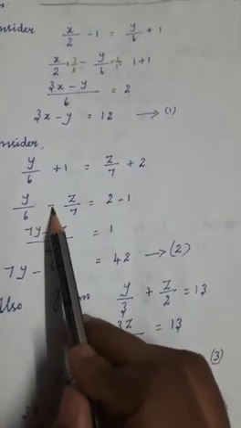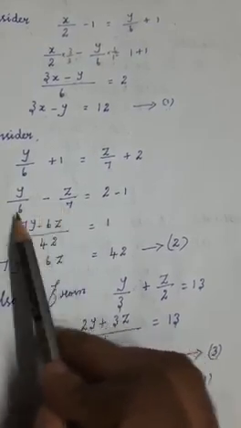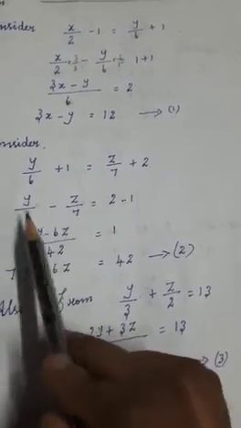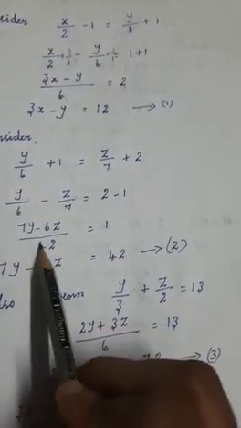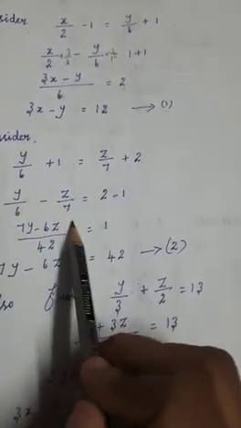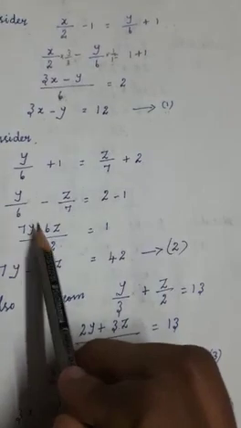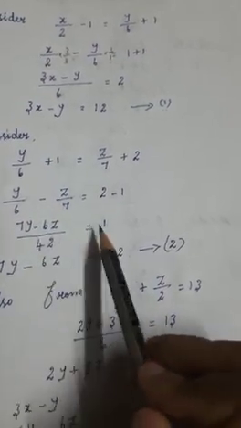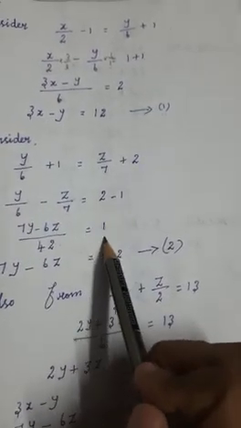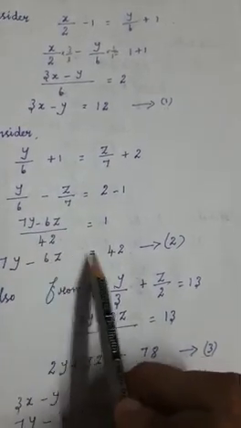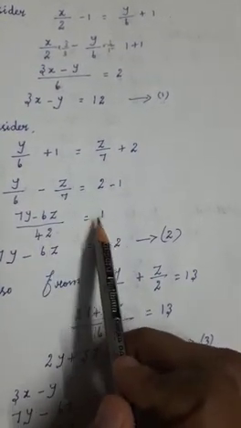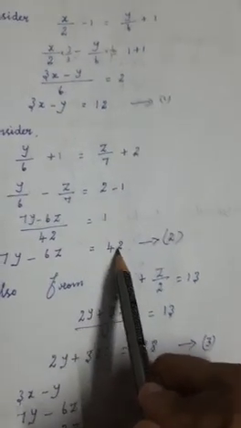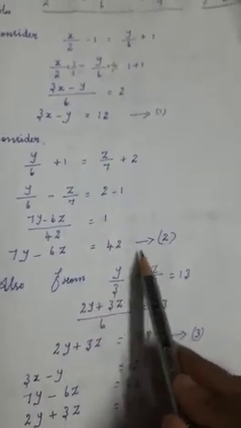So again, in between is the subtraction symbol, and the denominators are not the same. So what you have to do, we need to find the LCM. Okay. So for 6 and 7, the LCM is 42. After cross multiplying you can do it. 7 into y, 7y minus 6 into z, 6z is equal to 2 minus 1, what is it, 1. So 7y minus 6z is equal to 42. You can bring it to the right hand side. So the division part will become multiplication. So 42 into 1, that is 42. Now we have got equation number 2.